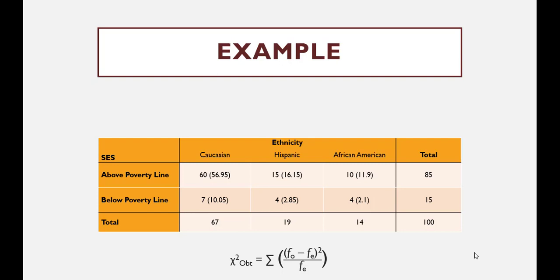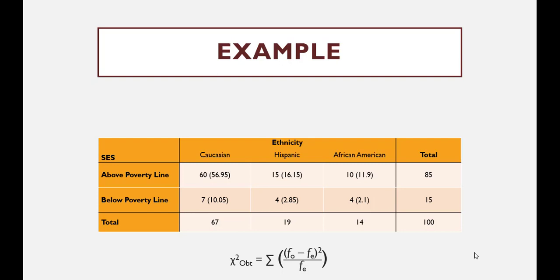73.1 plus 11.9. So 0.1 plus 0.9 gives us 74. 74 plus 11 gives us 85. So we still have 85 people. What we've done is we've distributed those people to say, okay, if each group was equally represented